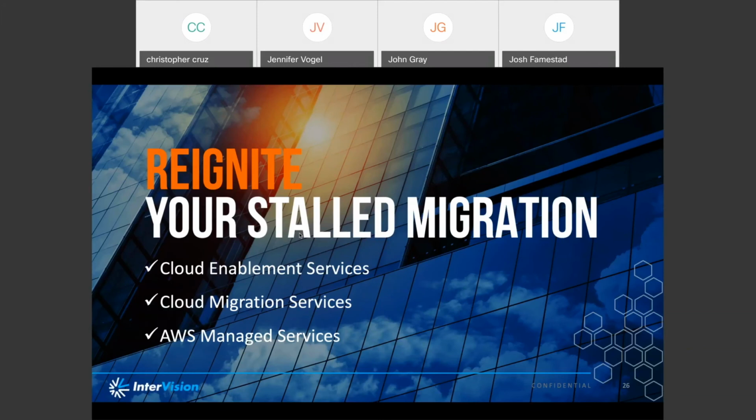We can take on the full migration, whether it's into AWS Managed Services or into your own custom AWS landing zone, really however you want it. So we fit with our clients as to their needs and where they are, and whether their team is very skillful but perhaps overworked, or whether they really don't have much of an IT team and we'll come in and do the entire thing.